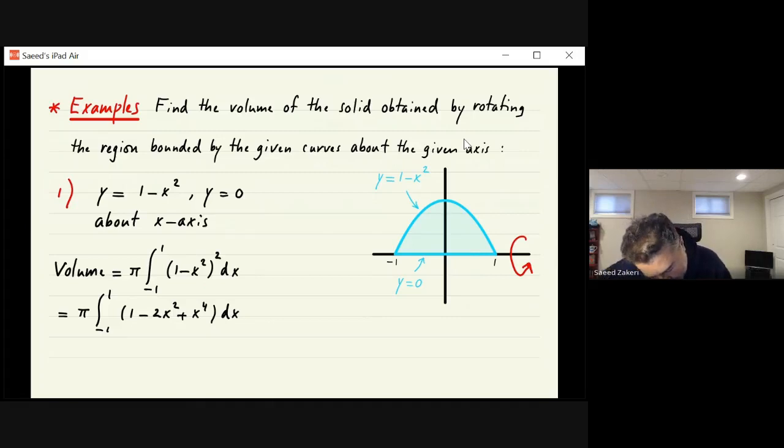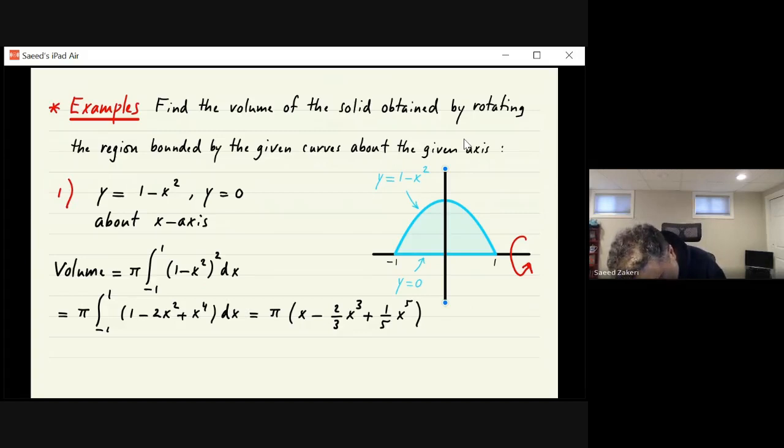And this is an elementary integral. So keep the pi. Antiderivative is x minus 2/3 x cubed plus 1/5 of x to the 5, evaluated at, let me get this out of the way,